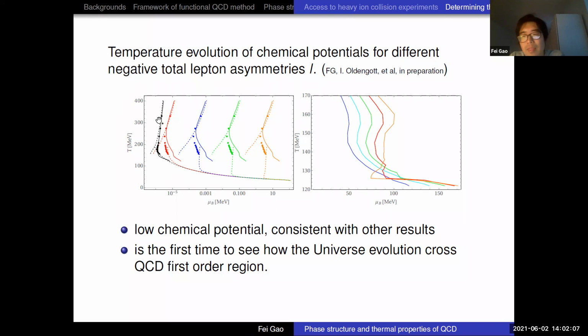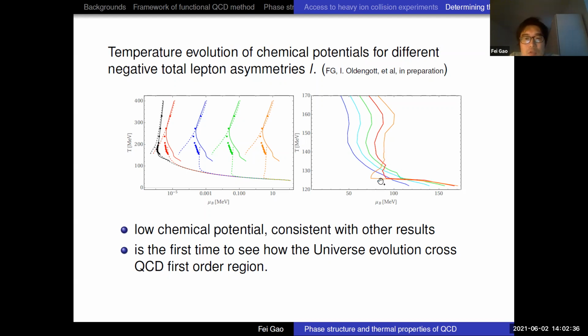With the equation of state from the functional QCD method combined, you can consistently get this trajectory without needing to change anything. And at low chemical potential, our results are consistent with their previous computation. And then here are the new results for some